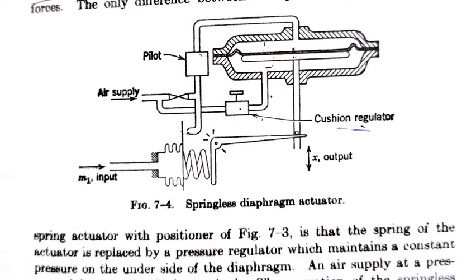The movement is not exact; the nib will come back or come in or come out, and that nib position is not accurate. Okay, so in order to eliminate that disadvantage of the spring movement, we are going to place a cushion regulator. How much pressure is needed to bring the diaphragm back to the original position will be regulated by this particular knob, and that much air supply will be supplied through this air pipe using the cushion regulator, and the diaphragm will come to the original position.